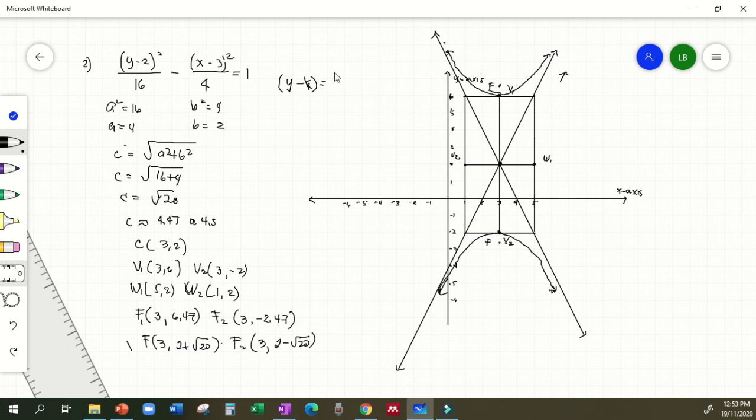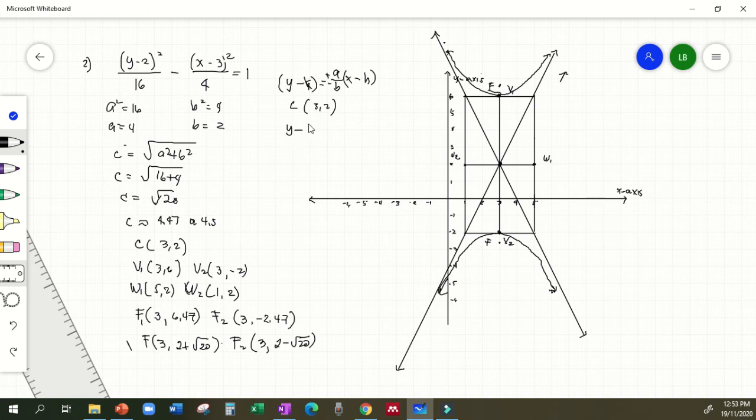So, dito ay a over b plus or minus times x minus h. So, we have center at